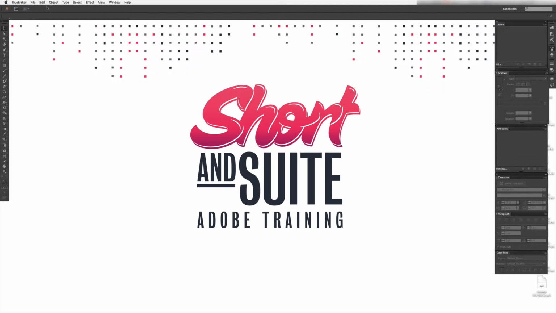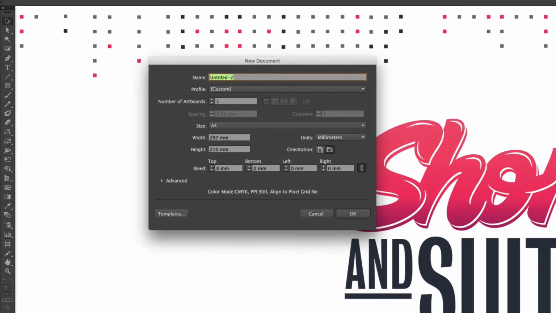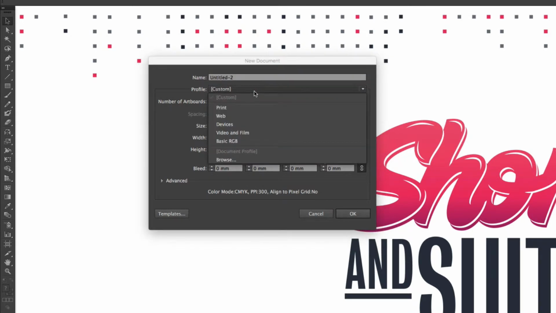So if I come up to my File drop-down menu to create a new document, and this opens up my new document window. So it's from within here that I can decide what sort of profile I want to have. If you click on this little drop-down here under Profile, you can see there's a few different options available. The top one being Print, underneath that we've got Web. They're the two most common profiles that you'll need. Print, obviously, when we're sending something to digital or offset press, and then web if you're creating web graphics or